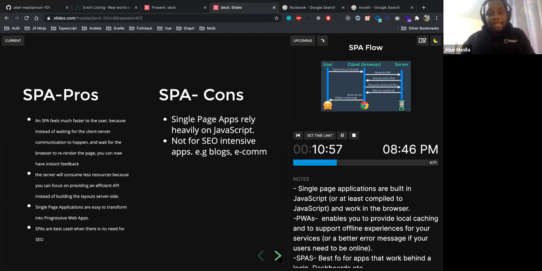Unlike an e-commerce application where people need listings of products, people need to know what product they are going to buy. So a very good indexing of the products or the categories is nice. You need SEO. But for a dashboard, you don't really need SEO because it only works past a login screen. So you only need to index your login screen, which is not really helpful.